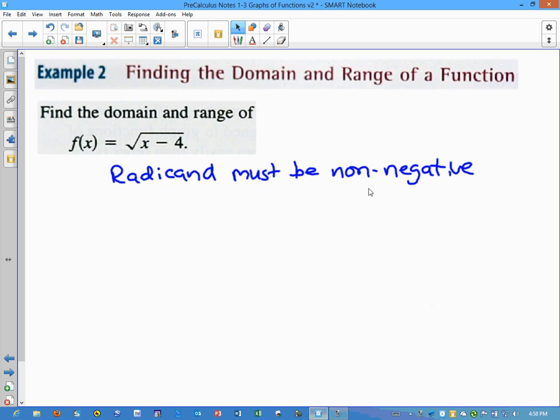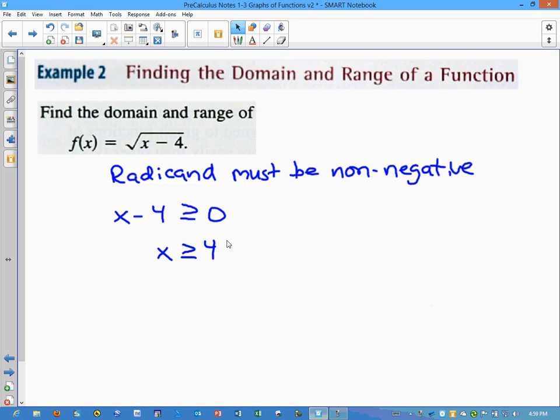And be careful when you choose your words. We're not saying it must be positive. We're saying it must be non-negative, because it could be 0 or positive. Square root of 0 is still 0. So the radicand, which is x minus 4, therefore must be greater than or equal to 0. That's what non-negative means. Now we're going to solve this. We add 4 to both sides, find that x must be greater than or equal to 4, and then we